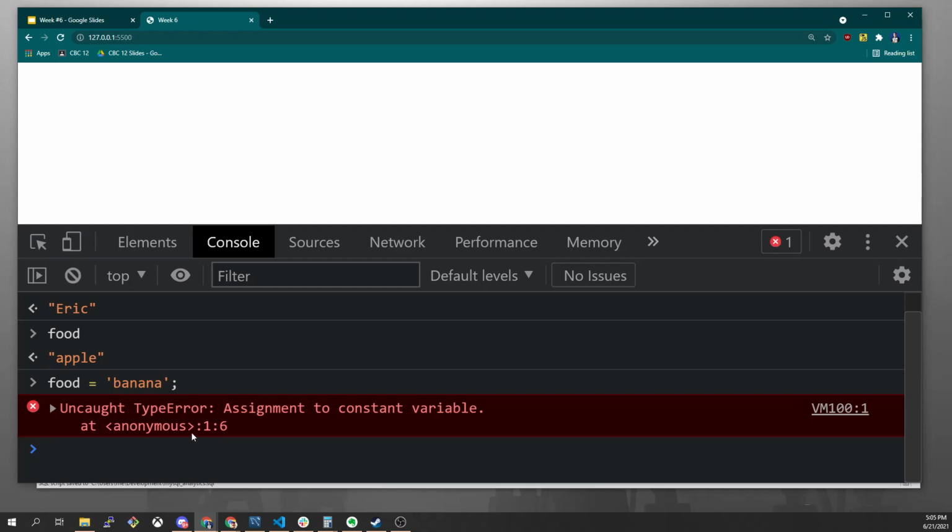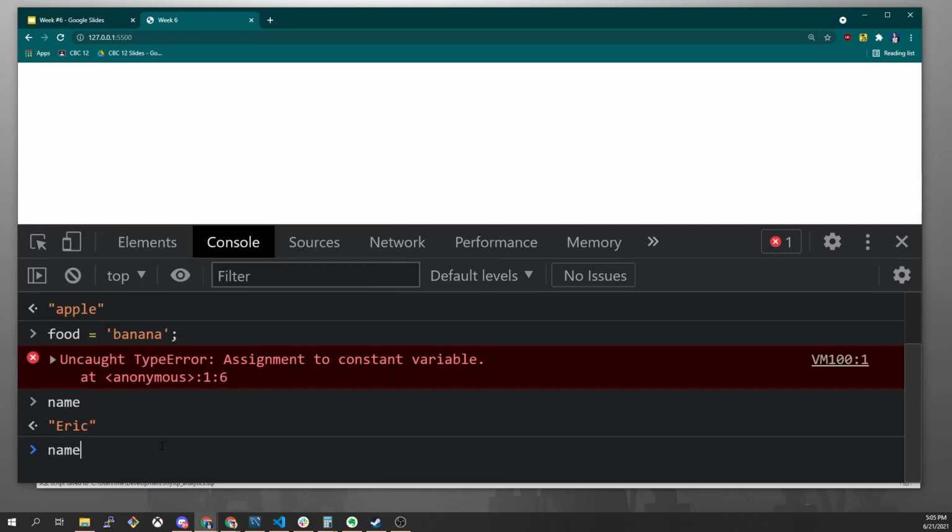One of the reasons that we want to use const is that it makes it really simple for the browser to say, I know I need this much RAM, this much memory, to store this variable. Whereas a variable like name, for example, is interchangeable, right? Name right now says Eric, and so the browser's like, I can use 4 bytes to store this information, but